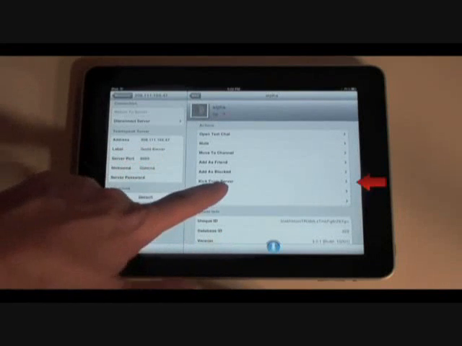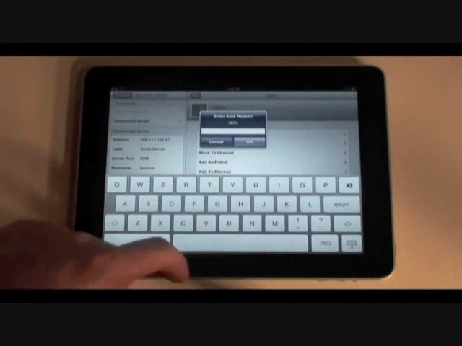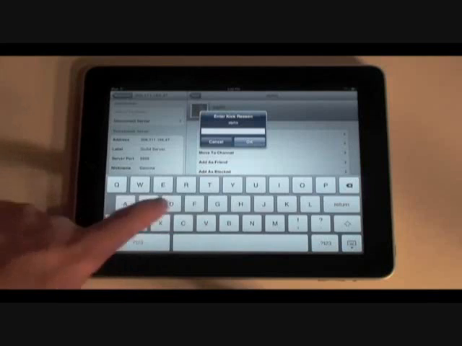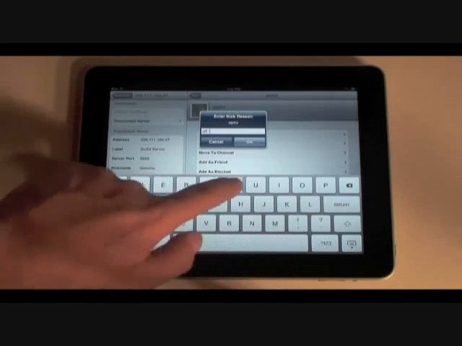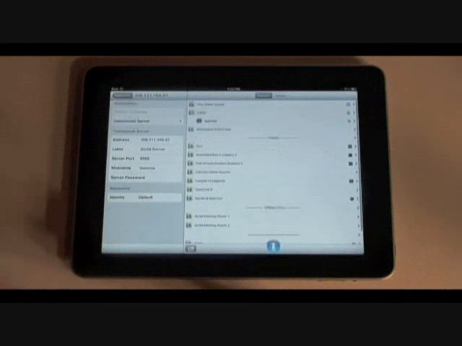To kick them, all I simply do is kick from server. I can type a message, and I can say, all full. I can tap OK, and now that user will be removed from the server. So they obviously will receive that message on their client, indicating that they have been kicked from the server and